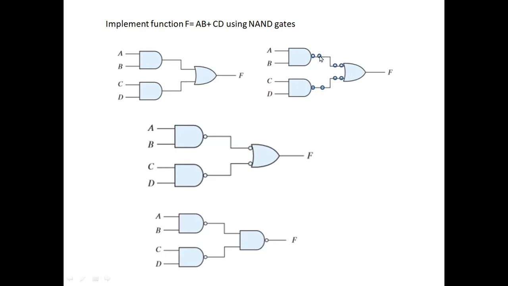See, these two inverters, because inverter and inverter, A double complement is equal to the same answer, isn't it? So we can cancel out these two inverters. If you cancel out these two inverters, this becomes NAND. This is NAND and it is a back bubbled OR gate. Can you see this? If you cancel these two middle inverters, because it is resulting in the same answer again, you'll get a NAND gate and a back bubbled OR gate.